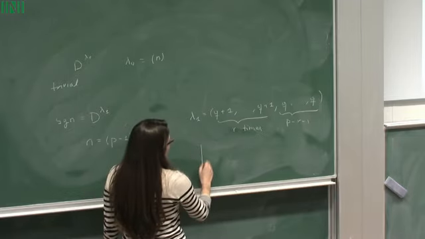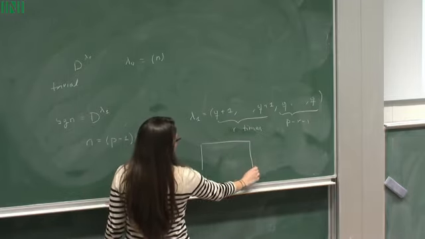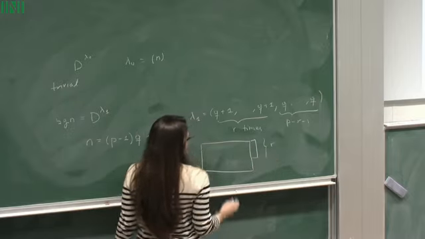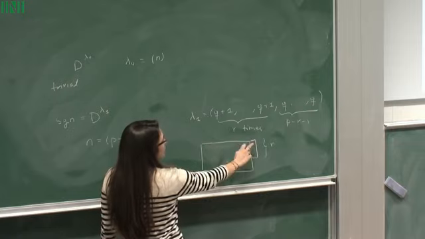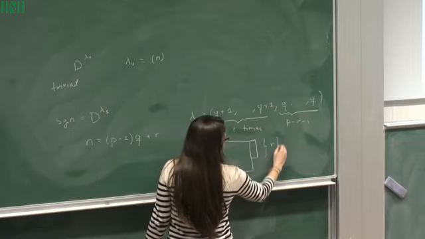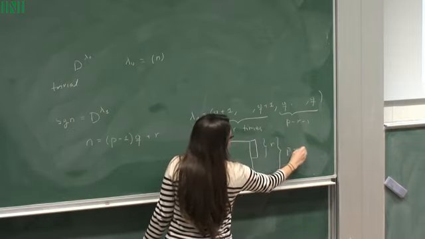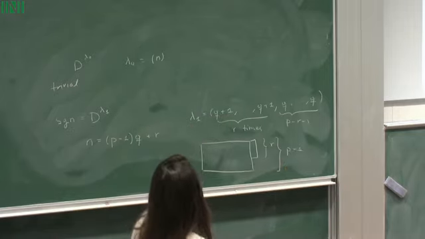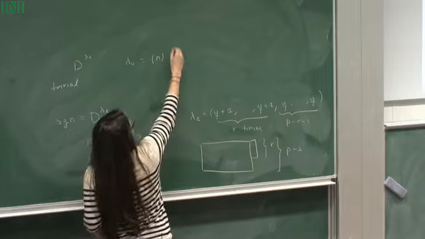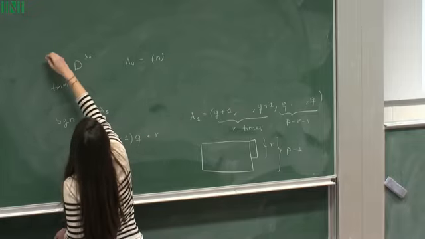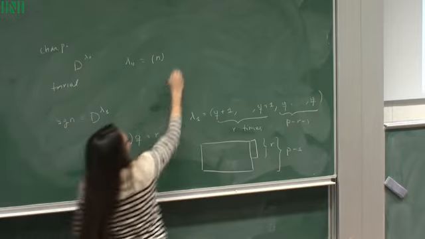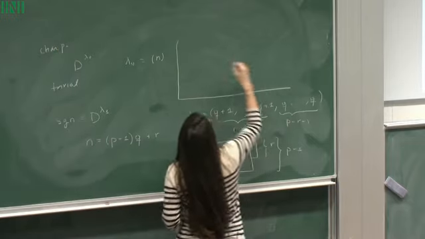And the Young diagram of this partition looks like that. Here I have r parts of size q plus 1, and in total I have p minus 1 parts. So as you can see already, this is not natural. Because, yes, I forgot to tell you, this is characteristic p. In characteristic 0,